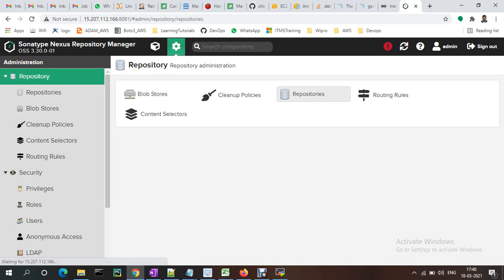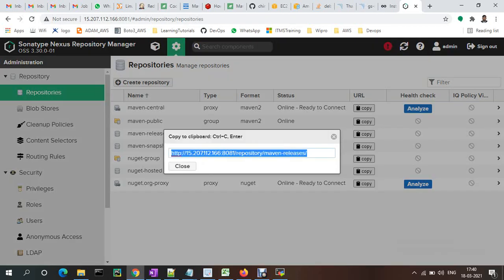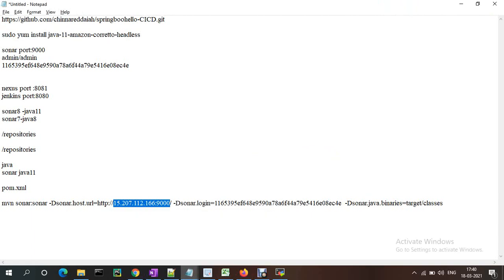Under repositories it will show the Maven releases and Maven snapshots. I am just copying these two, which will be required while integrating Maven and Nexus.